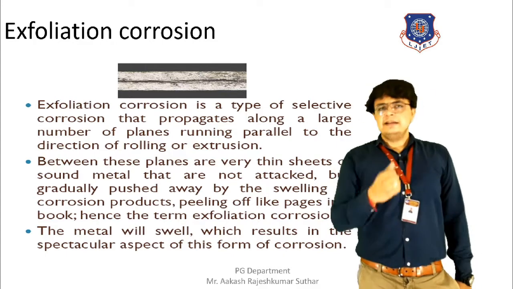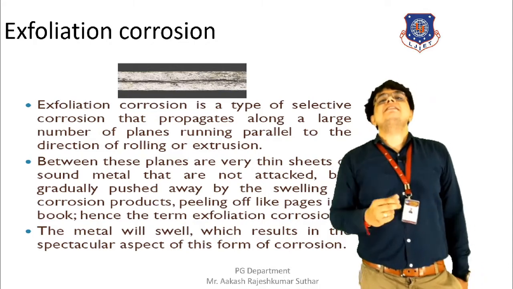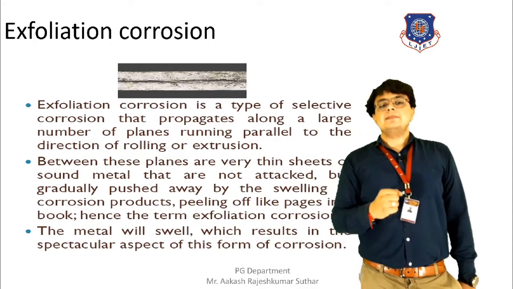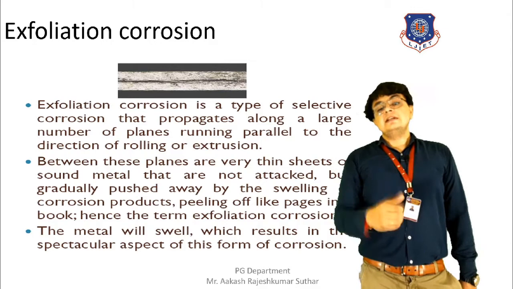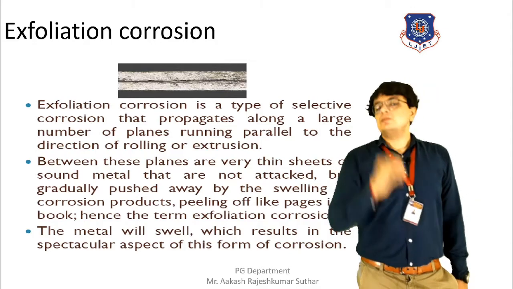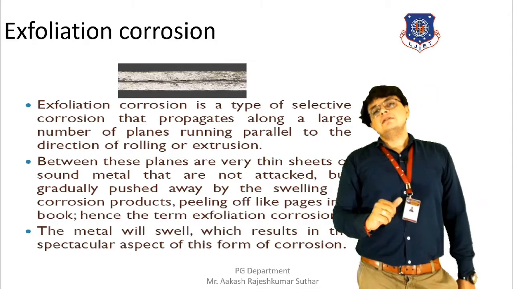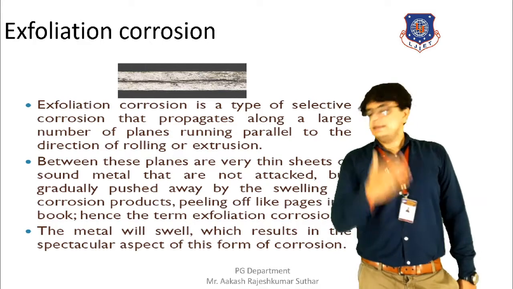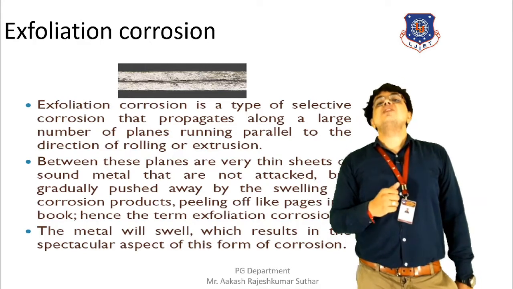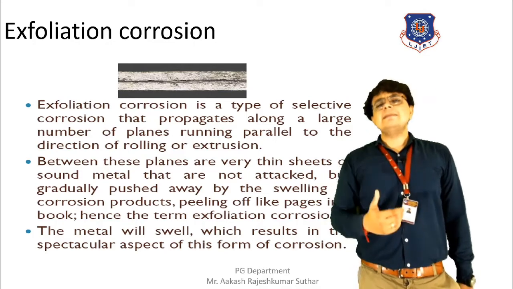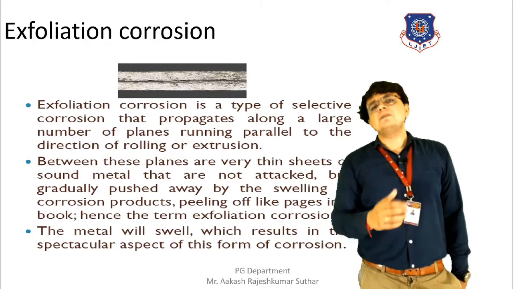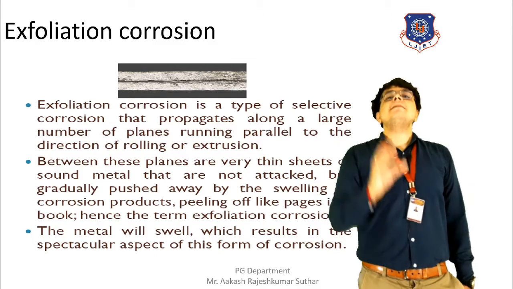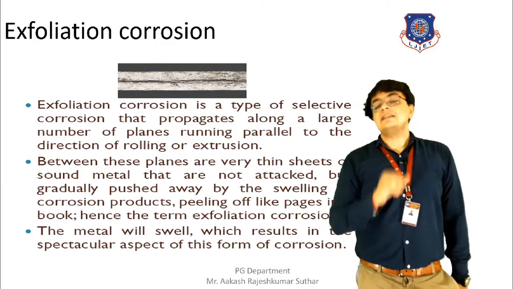Basically here, the swelling of the metal surface will take place. And as a result of this, the corrosion will be formed. So this is how the damage occurs because of such kind of corrosion. And that is why it is termed as an exfoliation corrosion. Not many chemical reactions are involved in this type of corrosion, but high damage to the surface of the metal is occurring.